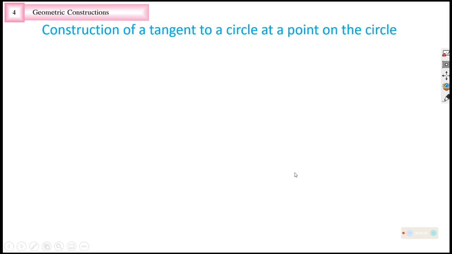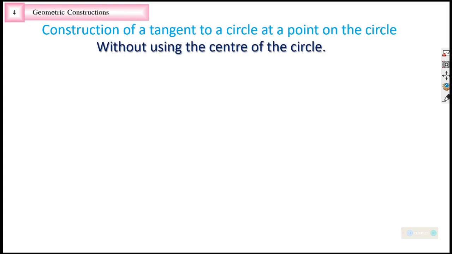The next construction is construction of a tangent to the circle at a point on the circle, just like the same construction. The construction means the process is same. The ultimate result is that you will have a tangent to the circle. But the difference is that here we will not be using the center of the circle